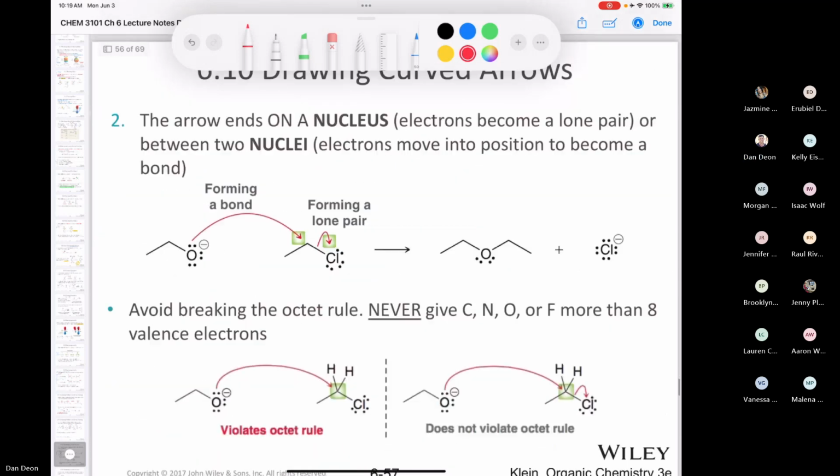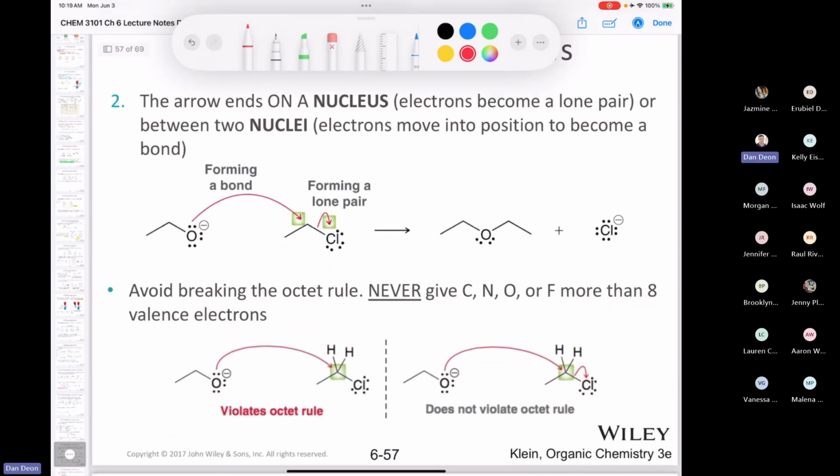Now, as far as where the arrow ends, as I told you, it ends up on a nucleus. So the electrons can become a lone pair, or the electrons can become a bond between two nuclei. If you take a look at this one here, we have forming a bond. This is our nucleophilic attack. This is our loss of leaving group over here. This is the bond that we formed here, okay? It came from this pair of electrons right here. And then we have the last pair of electrons from this bond ending up as a lone pair